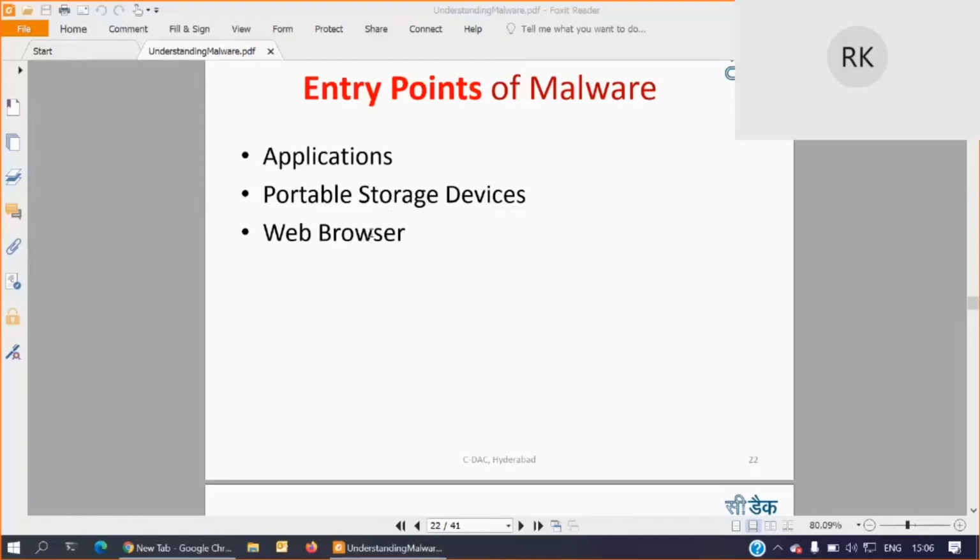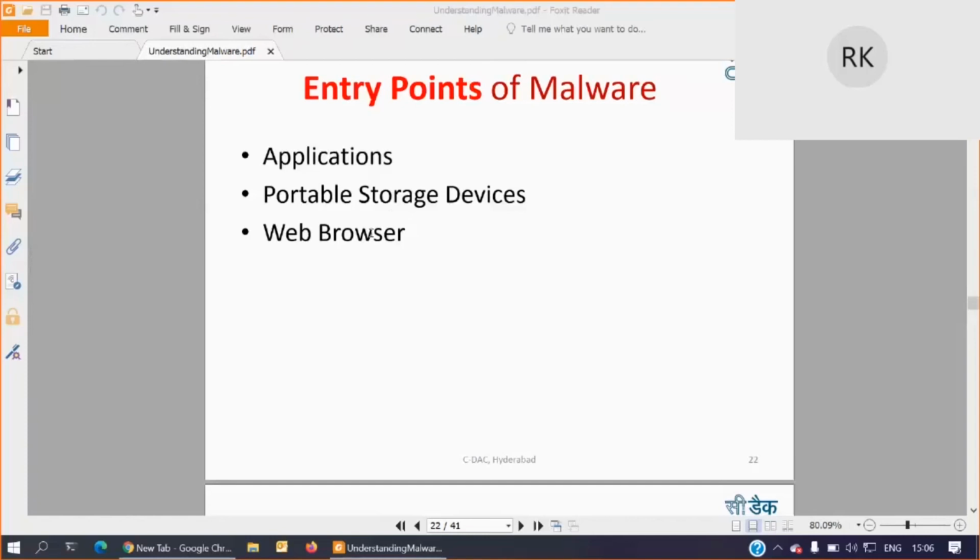And the third one is the web browser. The web browser is the key for this malware. Most probably this is by visiting some compromised websites, and sometimes our extensions and add-ons in the browser.